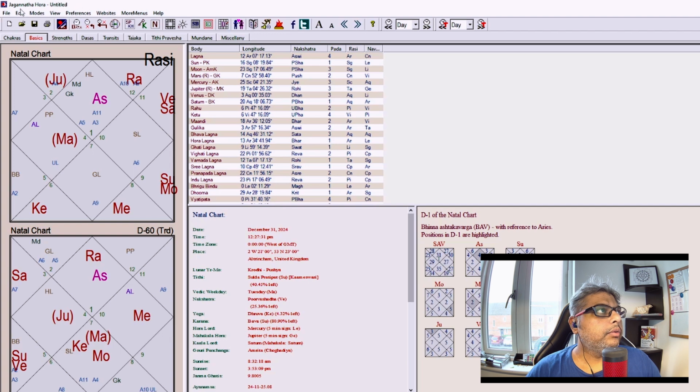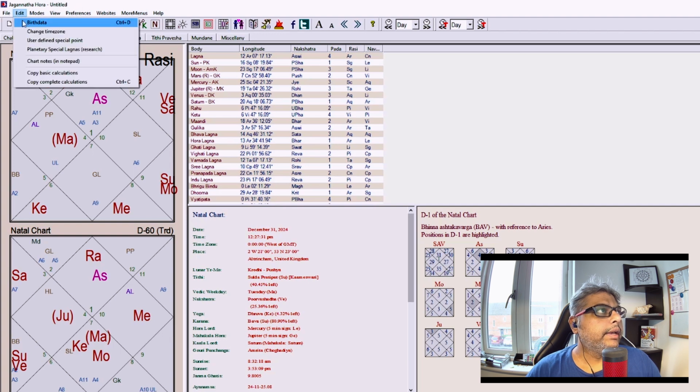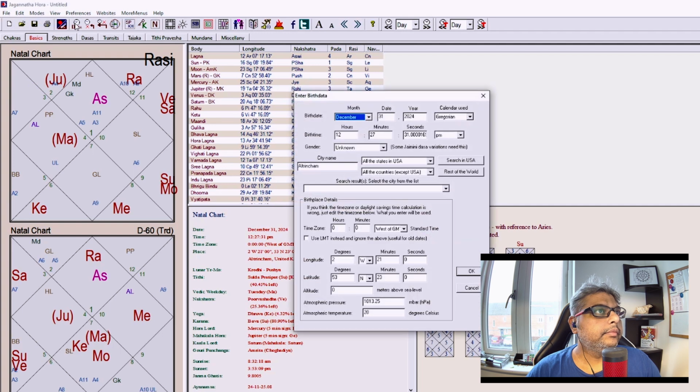from here we'll go to edit and birth date. When you click the birth date, there is some information we need to put in here. First the birth date, then the birth time as well. We can put the gender here and the information of the birth location. So for Sourav Ganguly,